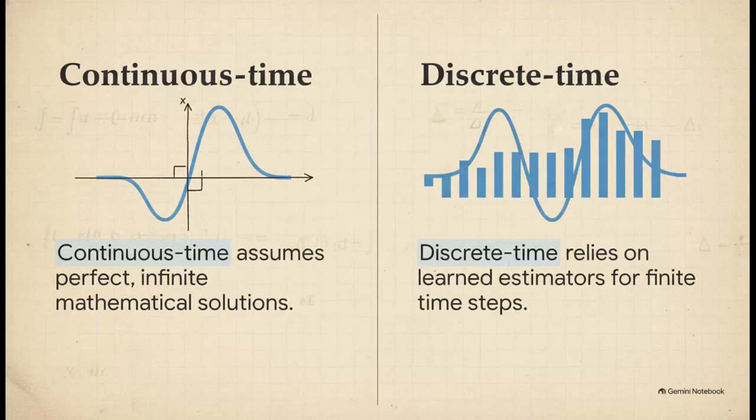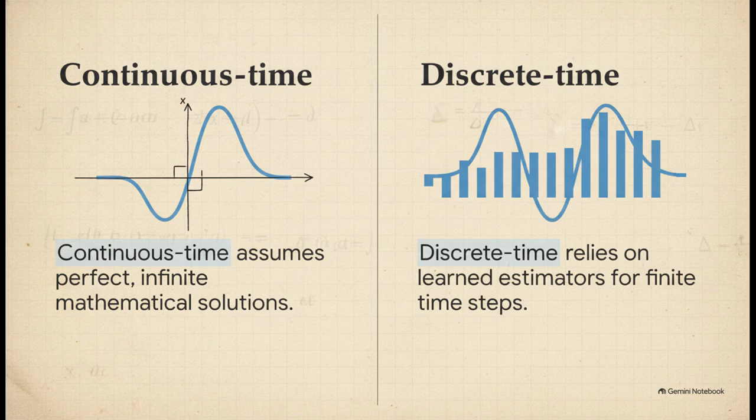Achieving Fidelity. Now, time for an engineering reality check. In theory, continuous time generation assumes perfect, infinite mathematical solutions to our differential equations. But in the real world, running inside a GPU, we obviously can't solve these perfectly continuously. We have to use discrete time sampling. And here we have a choice: deterministic solvers, like the Euler scheme, or stochastic sampling, which actively injects and removes noise at each step to fix compounding errors. Thankfully, recent finite time analysis has successfully placed rigorous upper bounds on these errors, basically proving that discrete sampling is